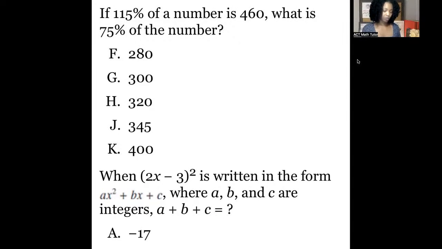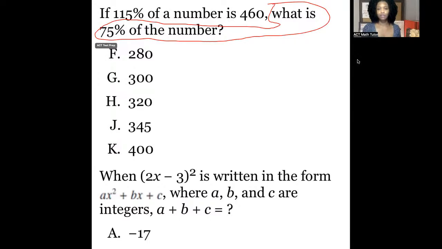So it's going to be a 2-part problem, because in order to find out what 75% of the number is, first we need to know the number. So once we find out whatever this magical number is, then we can go back and calculate 75% of it. Okay, so let's go back to the first clause here. If